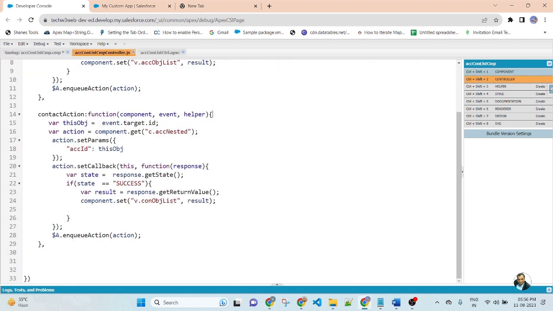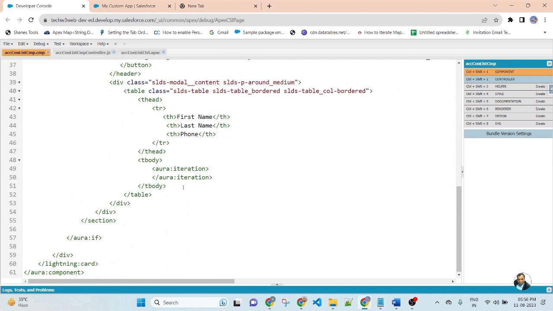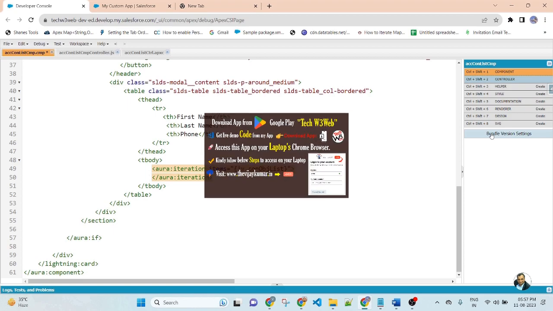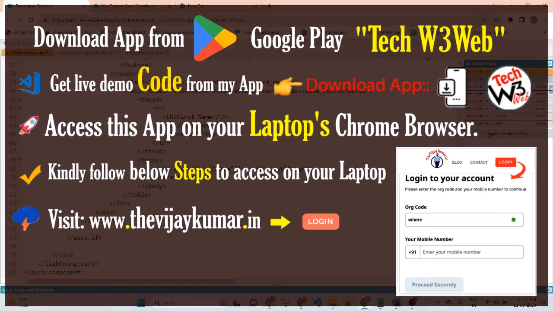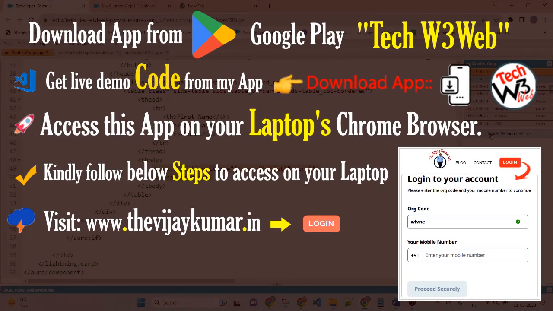This contact type list holds the result of the nested query method. So this attribute will be called into the aura:iteration here. Items equal to the attribute name and var equal to nested item.